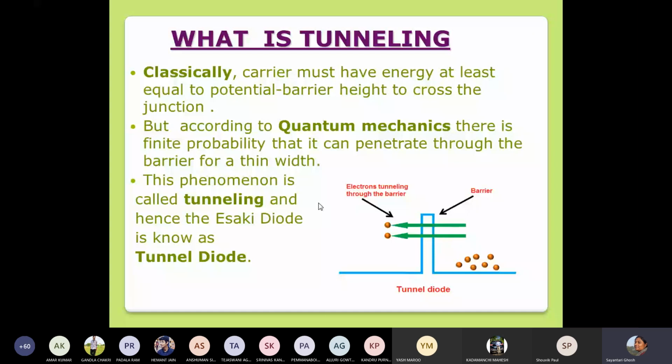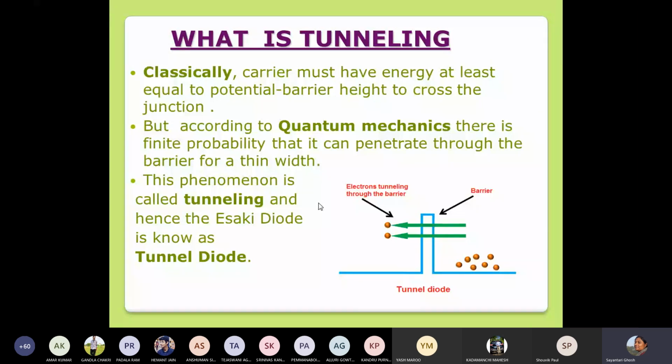You understand there is a wave particle duality, and every particle can be thought of as a wave, right? Just think that I am sitting in one room and you are sitting in the room next to it, and I have a ball in my hand and I want you to see it. You cannot see it. If I throw the ball, it cannot reach you because I have the wall sitting in between. But imagine that ball as a wave, a sound wave coming out of that ball. If the wall is quite thin and the sound energy is quite large, then you can hear the sound coming out of that ball, right?